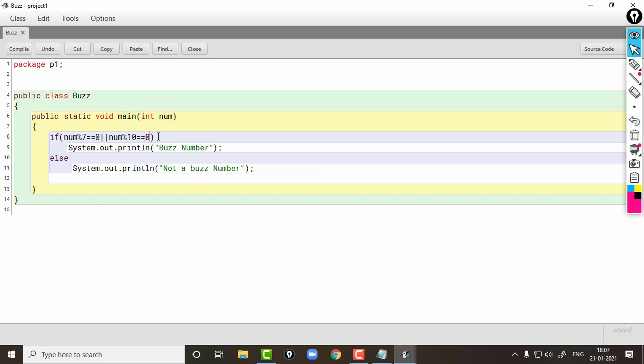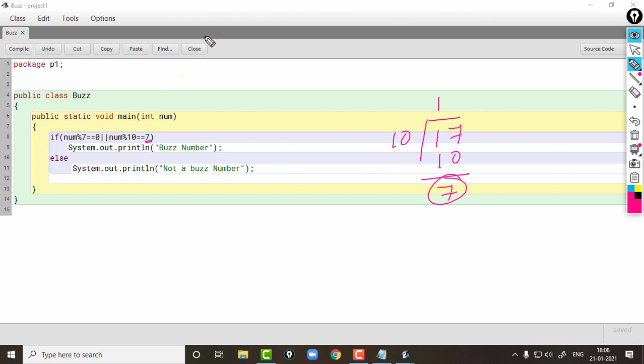Sorry, here num modulus 10 should be 7. If num modulus 10 is 7, when we divide 17 by 10, 10 into 1 will be 10, the remainder will be 7. So in this condition we are checking whether the remainder is 7 or not. So this operation will retain the remainder which will be 7.